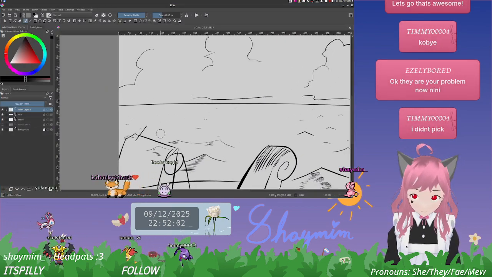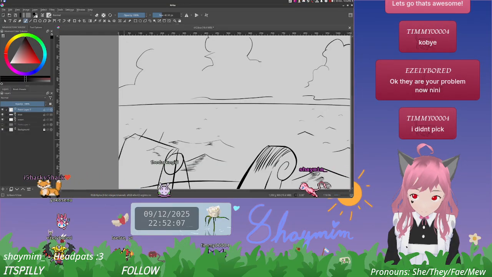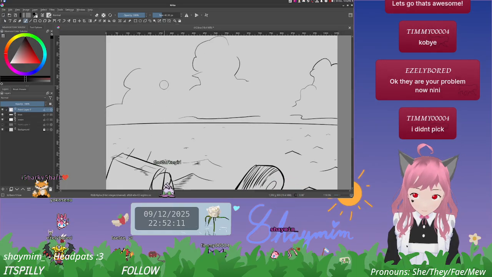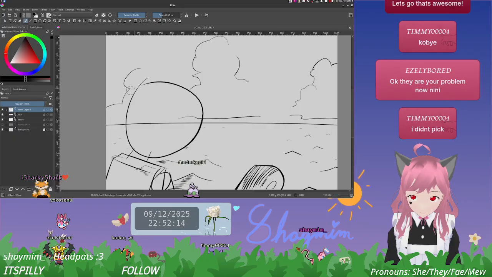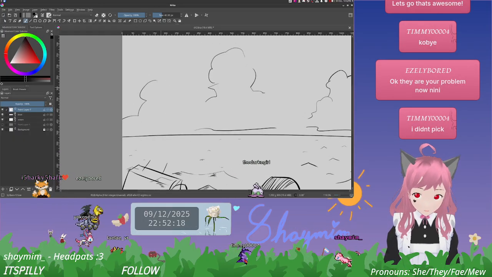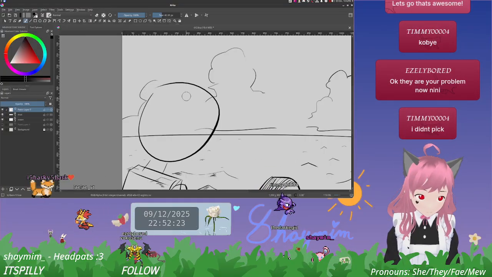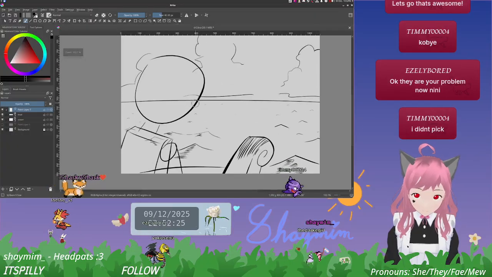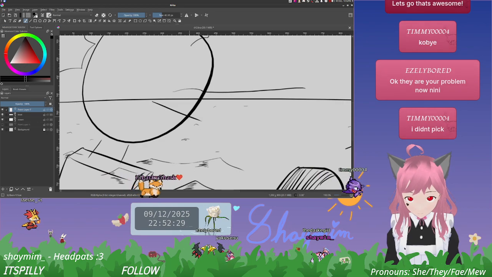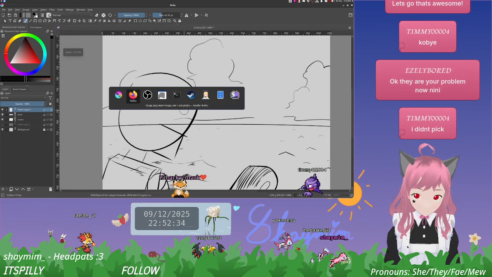And then the head is kind of going like this. I like the framing on this one a lot, you know? It's nothing too fancy, but it's pretty cool anyway.